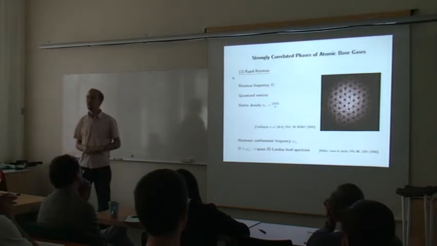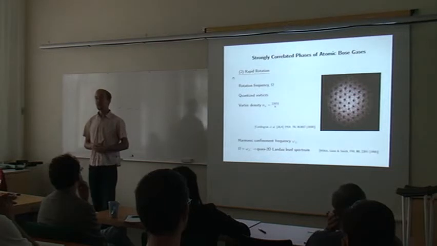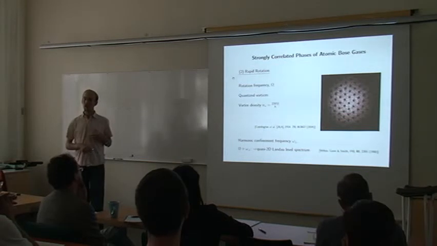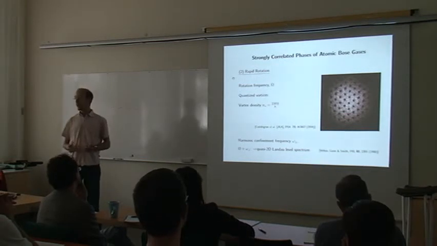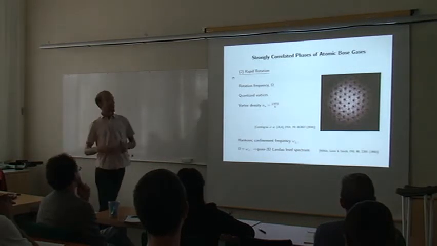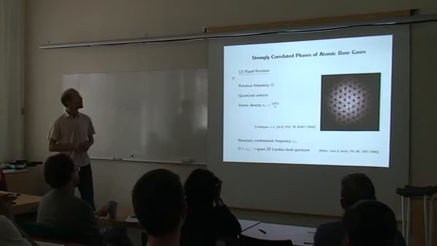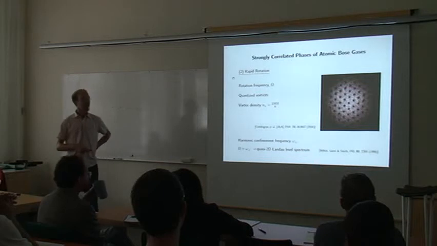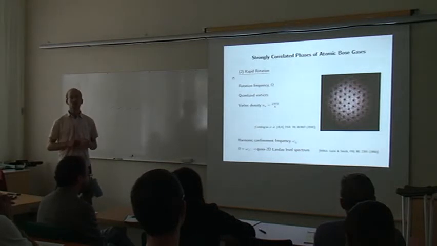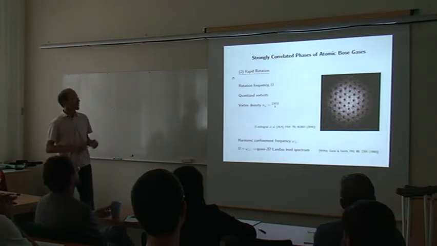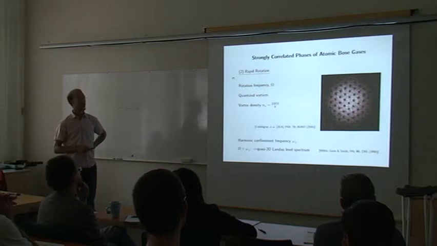But anyway, the effect of rotation on neutral particles simulates the effect of a homogeneous magnetic field on charged particles. So the Hamiltonian is precisely the same in the case where the confining potential of our finite gas is precisely of the same strength as the centrifugal force that's created by rotation. And so rotation of cold atomic gases has been used at relatively low values of the rotation, where they create a certain number of vortices. The number of vortices is proportional to the rotation frequency, and these will arrange in regular arrays.